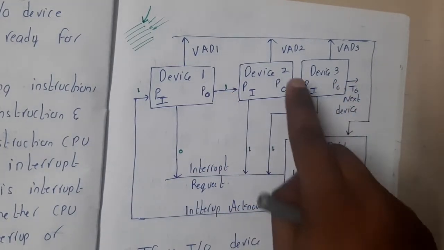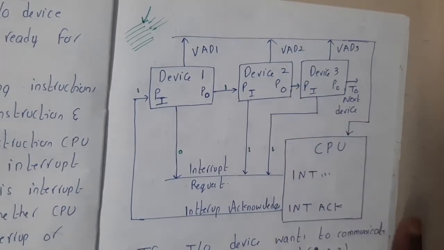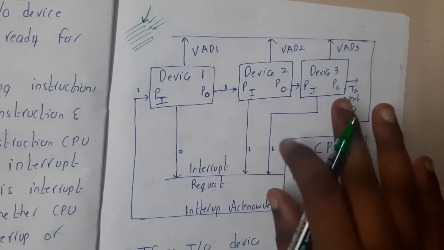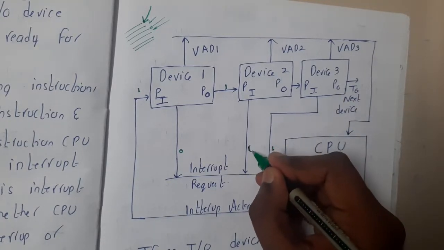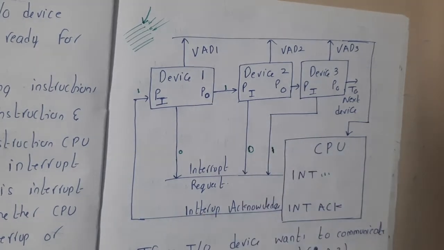So it will not even say that, okay? It will send the data and it will keep quiet. That's it. It will not send anything towards this, okay? So now the CPU will read it and analyze it, and now this bit will become 0, right? But device 3's request has not been completed, so that will be 1 again.